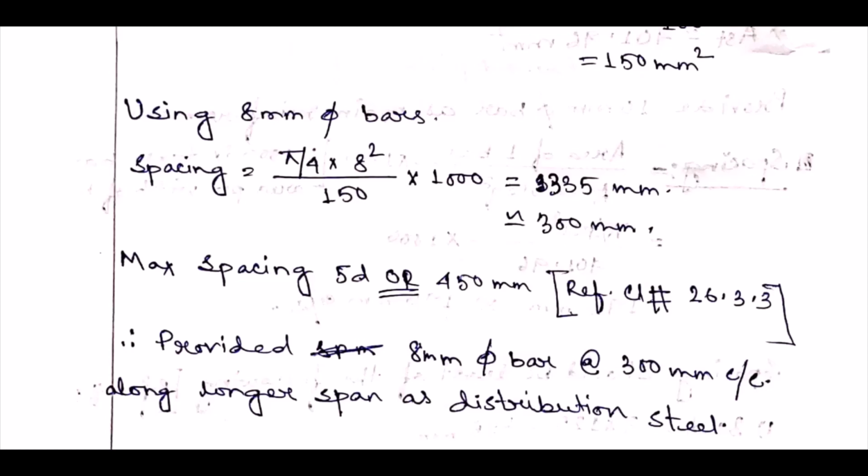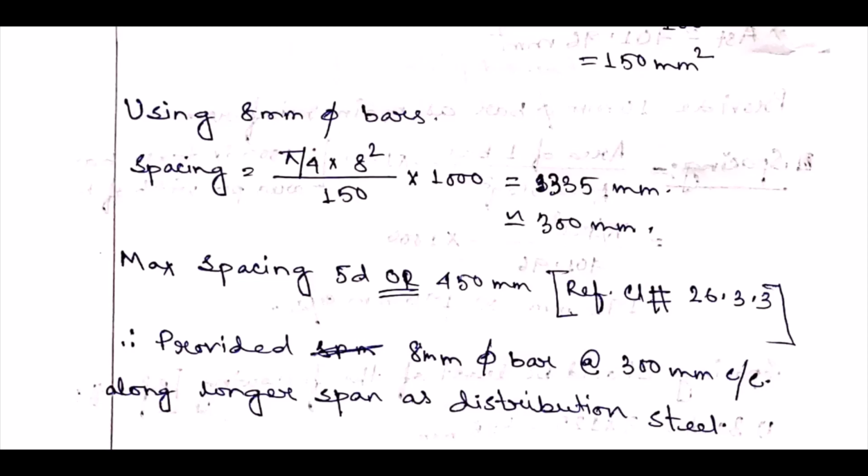So maximum value is this. So we have calculated, our calculated value is 300 mm. So therefore provide 8 mm dia bar at the rate of 300 mm center to center along longer span as distribution steel. So distribution steel part is also complete, but check once the clause number 26.3.3